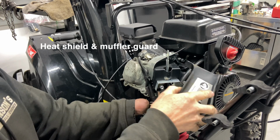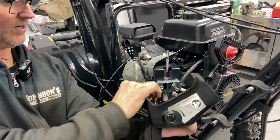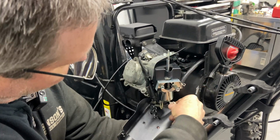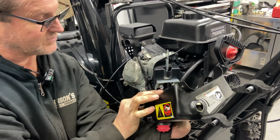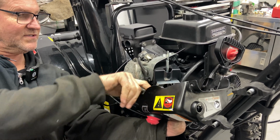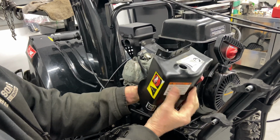All right, so we're going to go ahead and put all the wiring back around here and then reinstall the primer line. It's kind of hard. You have to put all the electrical line around the one side of the carburetor, and then the primer line has to go on this side. And then we have to get the clip, which you guys won't be able to see this, but pull the clip up, get on the primer. Some of those didn't even come with clips. Then we're going to lift this up,